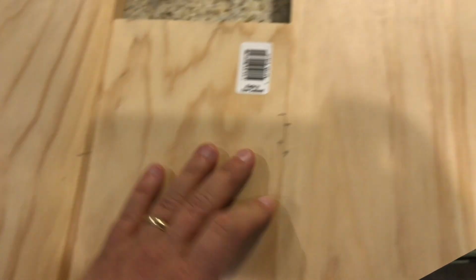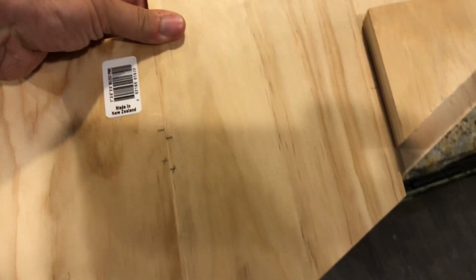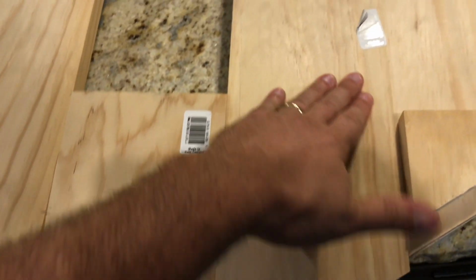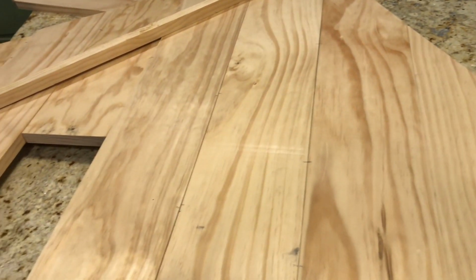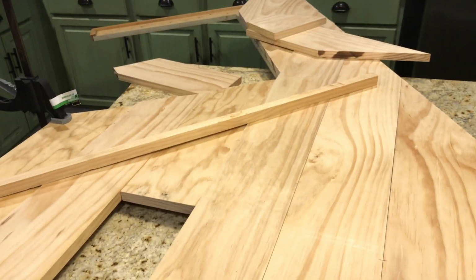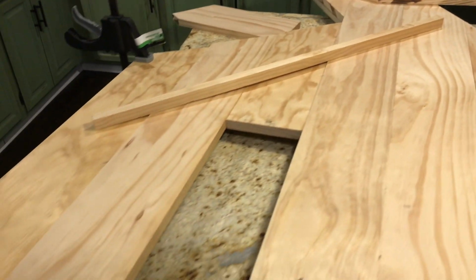So I'm just gonna lay these out, cut them, use some biscuit joints, connect them together, and then we're gonna take care of it from there. Put the countertop back down, seal it really well, and we're gonna have a brand new countertop, much better looking than the